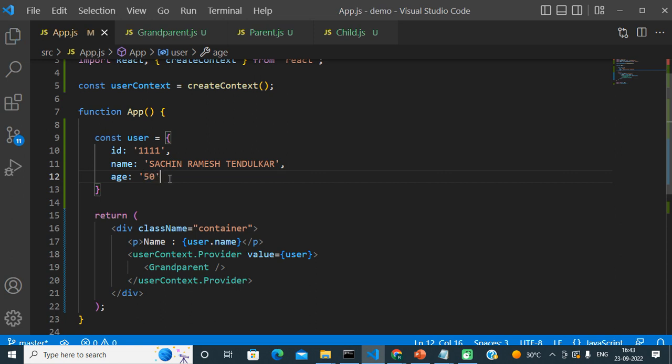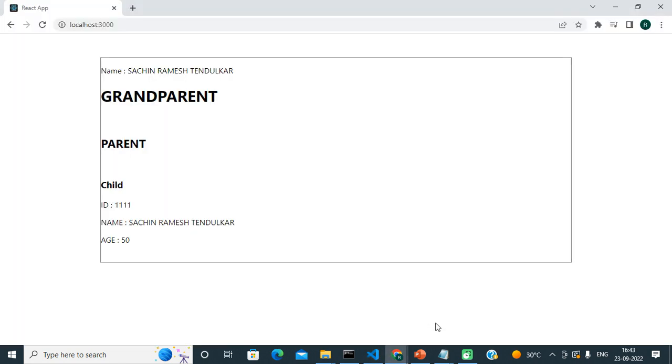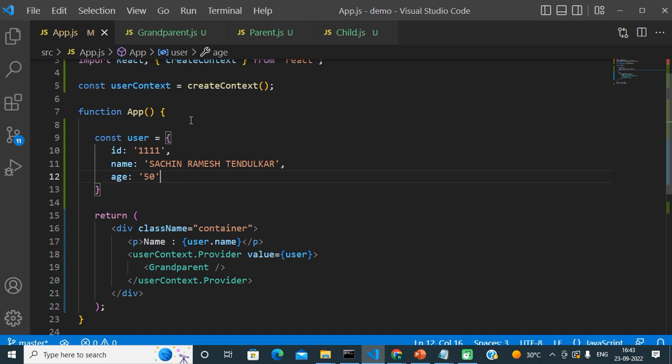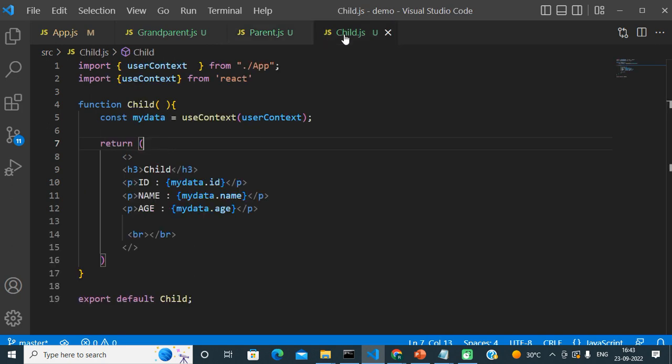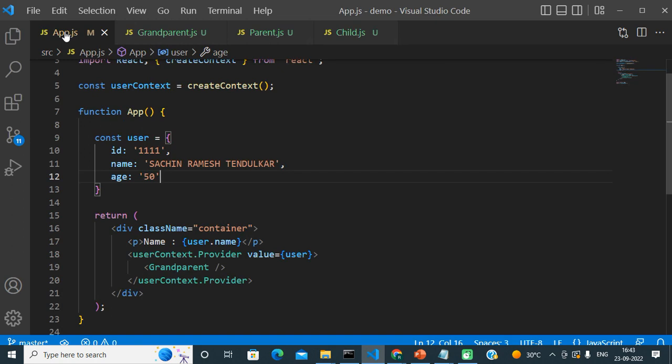Just save this file, and in this case we are getting our latest data. So with the help of the same approach, we can access this data in any child. We can access the data in grandparent also, in parent also, in child also. Whatever child components we are rendering with this app component, all those child components can access the data.